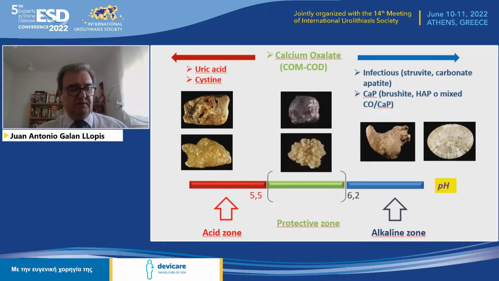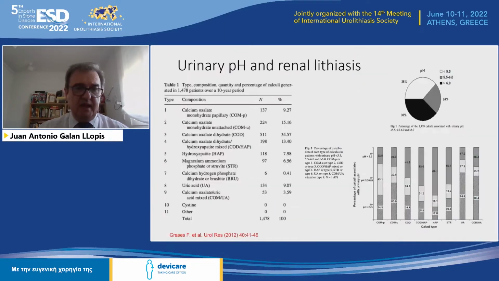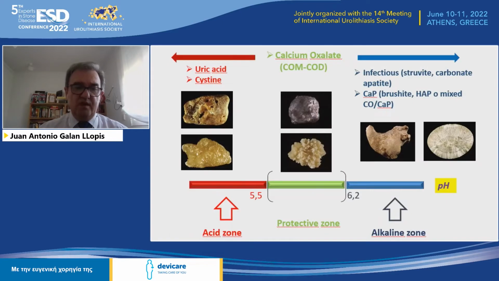We know that urine calcium phosphate supersaturation quickly increases at pH higher than 6.2. On the other hand, acid urine pH is the most important factor for uric acid stone formation. In what we could call the protective zone, that is pH in between 5.5 and 6.2,